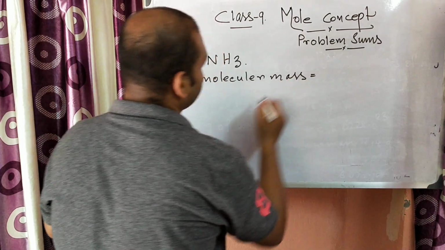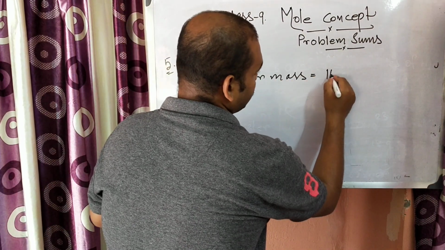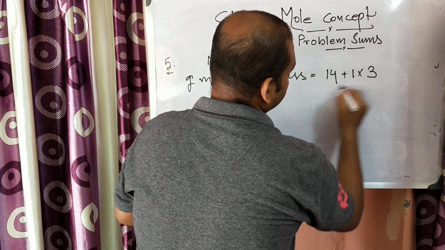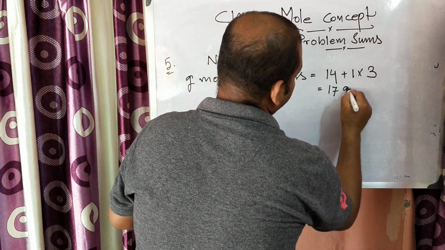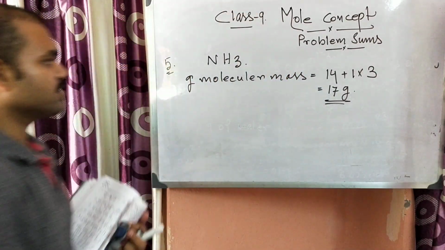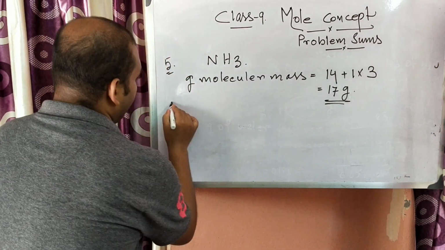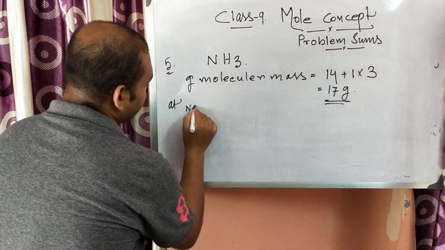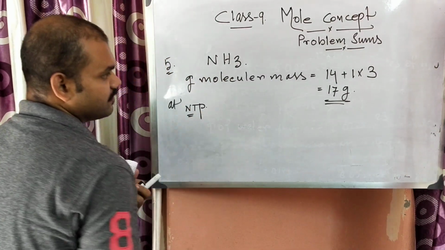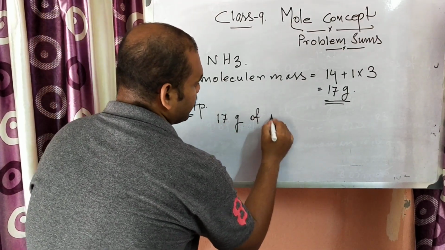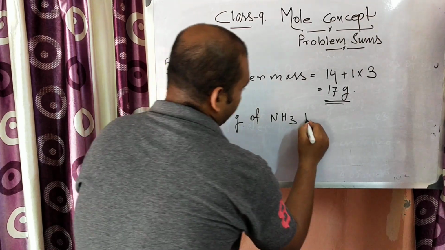What is the gram molecular mass? N is 14, H is 1, into how many atoms are there? 3. So 17 gram is the gram molecular mass of NH3. So at NTP, 17 gram of NH3 having